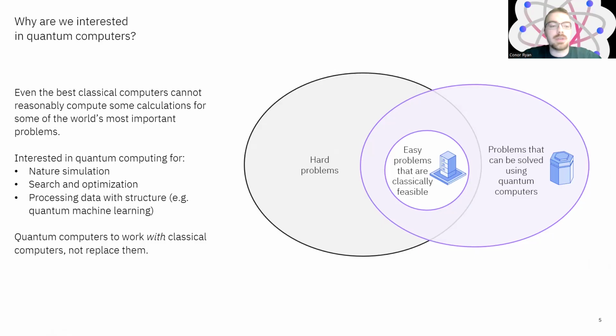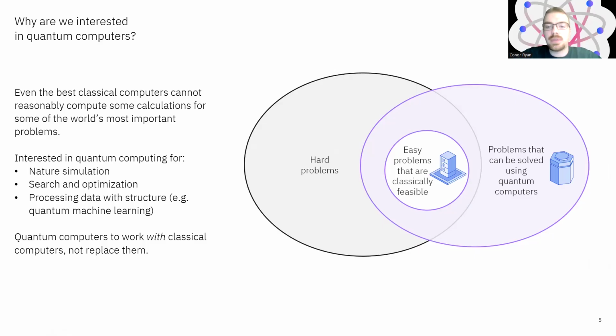These problems, for example, could be simulating complex quantum behavior in nature, where you have a many-body quantum system, or you need a large-scale system that requires a better description at this small scale, such as proteins for drug discovery and chemical reactions, or a particular problem that can be mapped to one of a quantum mechanical nature and exhibit behavior that requires optimization or processing of large amounts of data.